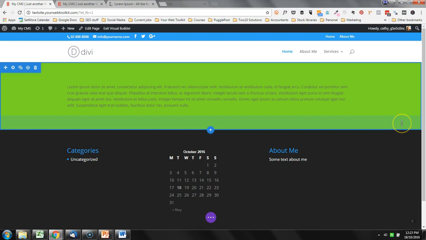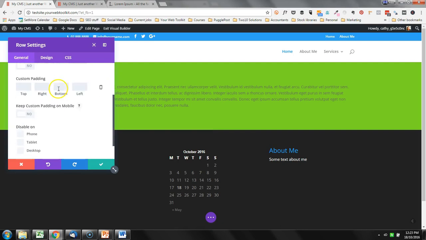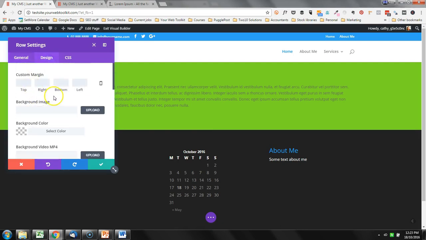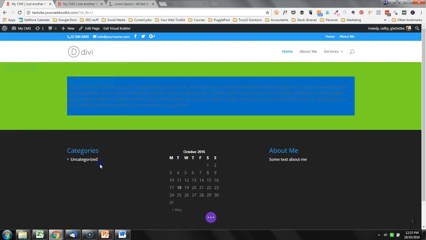Okay, so you can see quite easily that that's the section there. I'm going to go in here and change the row color. Okay, so you can see that the row is separate to the section, so it sits inside it. And then here in this module,